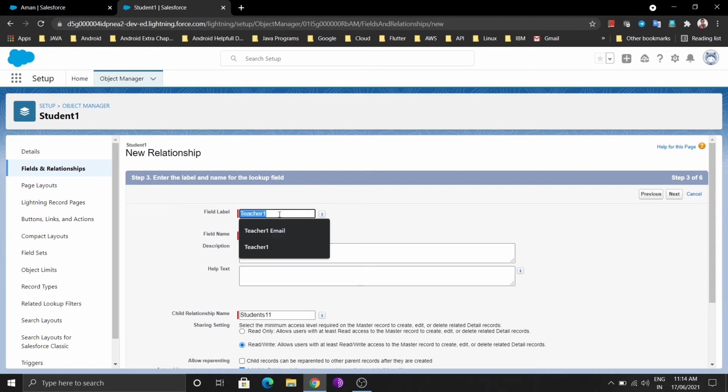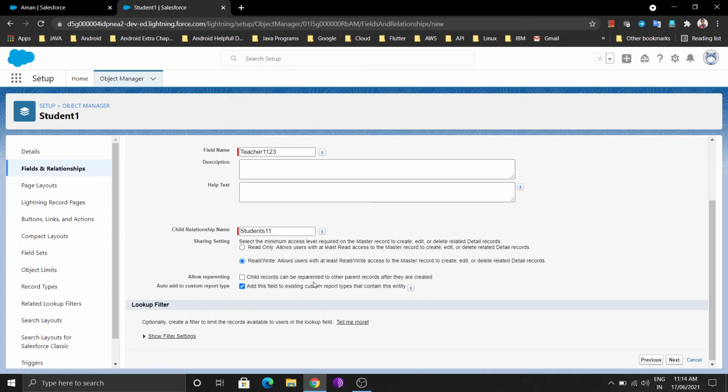So I'm going to name it for now just teacher 1 2 3, a random name. And here allow reparenting is not checked. It's optional. If you want to allow reparenting, just click here. If you don't want it, leave it as it is, and click on next.